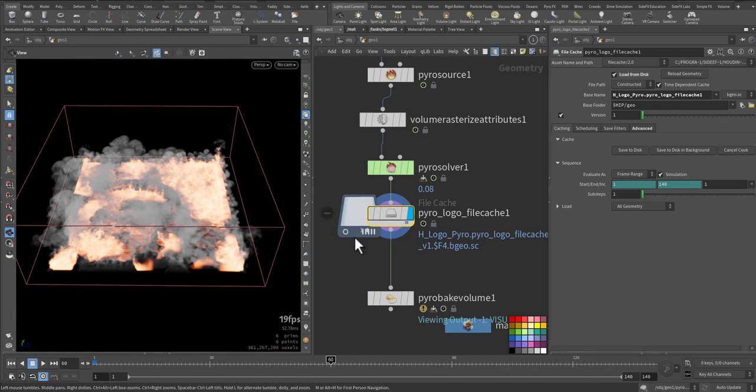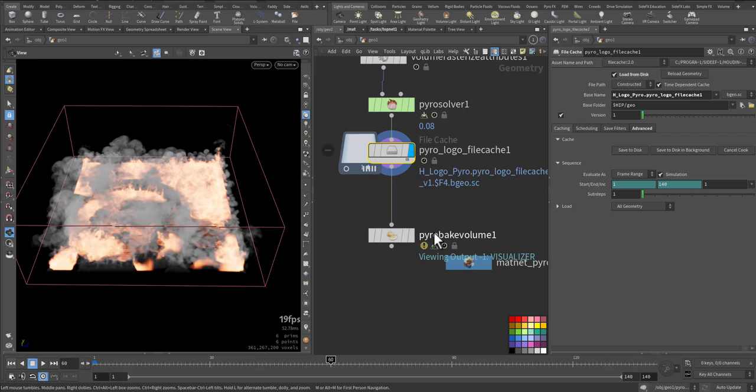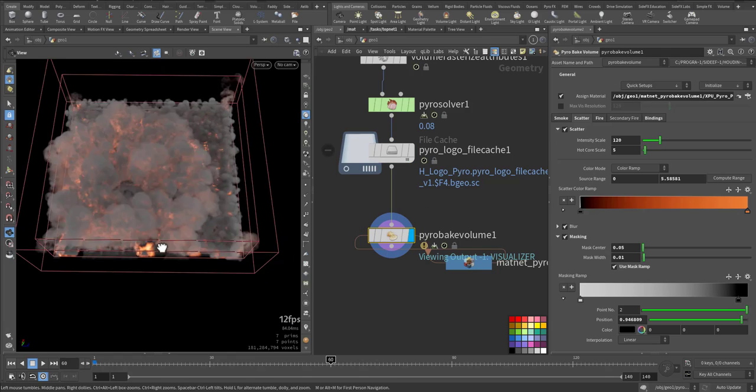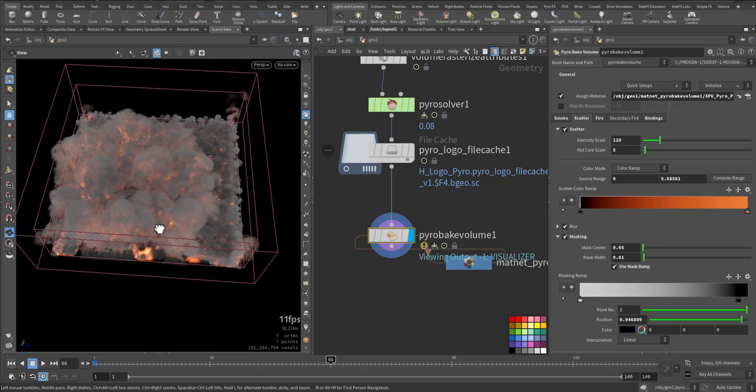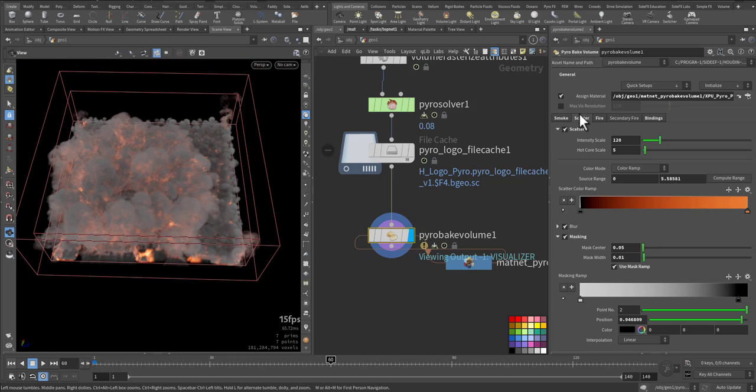Very good. After the cache, I applied a Pyro bake volume node, let it cook. This is the one we will use to render. Now you'll see how it changed. See? So here in the smoke,